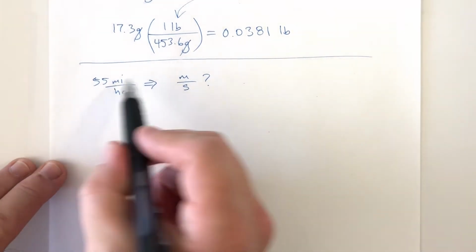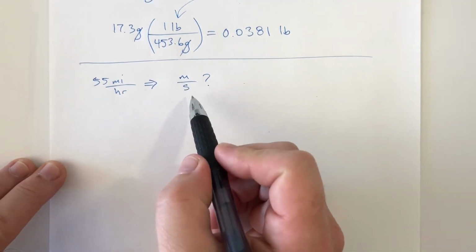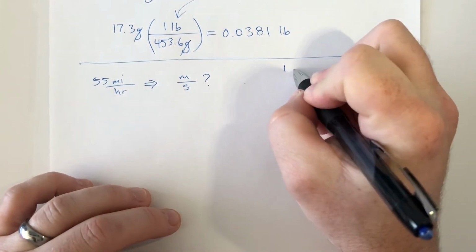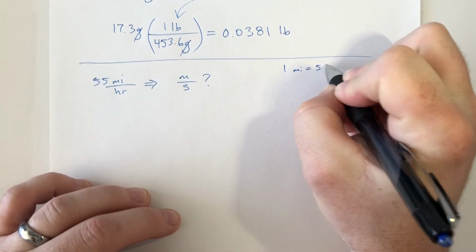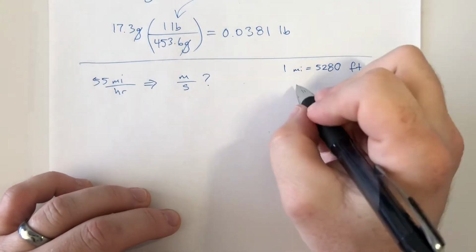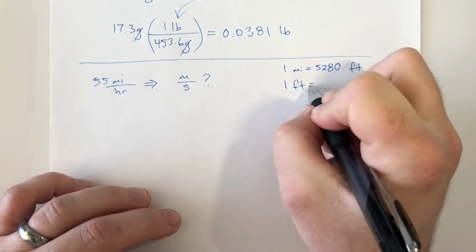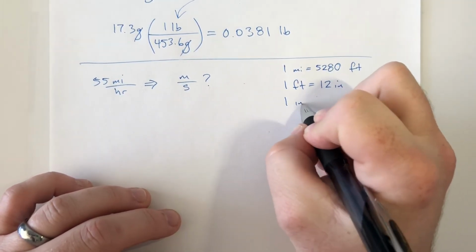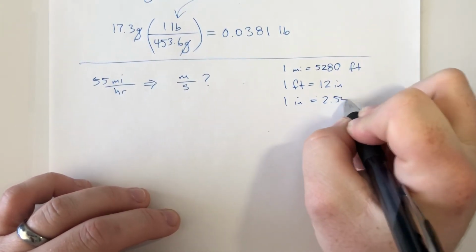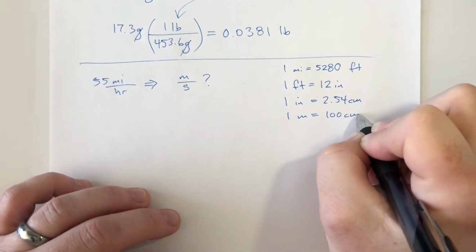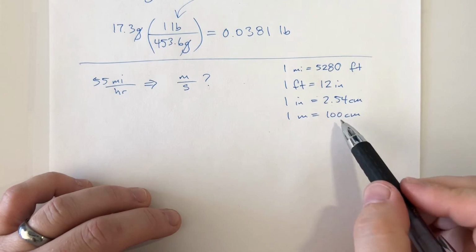I can convert from miles to meters and I can convert from hours to seconds, but I still don't know it in one conversion each. So I do know that 1 mile is 5,280 feet. I do know that 1 foot is 12 inches. I do know that 1 inch equals 2.54 centimeters. And I do know that 1 meter is 100 centimeters. So it may take me 4 steps, but I can get from